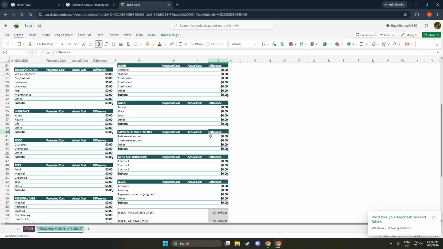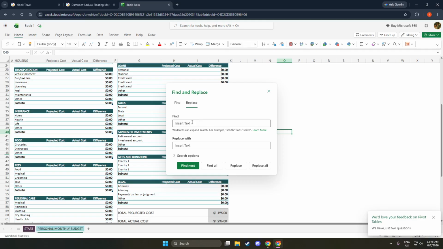The Find and Replace window will appear. It usually shows two input boxes and a few buttons on the right side. At the top of the window, you will see the title Find and Replace, so you can confirm you opened the correct tool. If the window covers the cells you want to see, you can drag it by its title bar to move it aside.